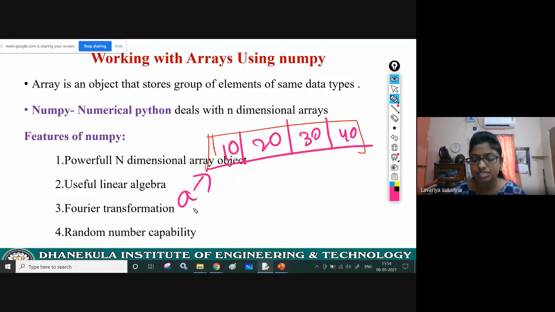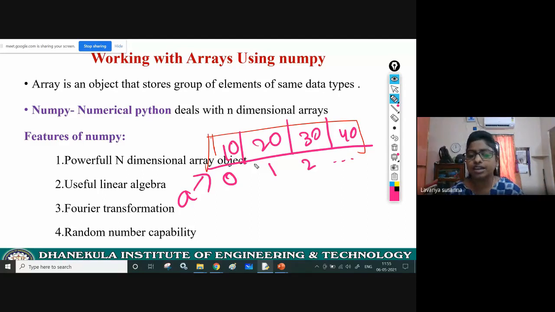Here, an array is a variable which will hold multiple values of the same type only. You cannot give different types of values like integer, float, string. You can store only integers, only floats, or only strings. Only similar type of data. And all the values will occupy continuous memory locations. Index starts from 0, 1, 2, and so on up to size minus 1.